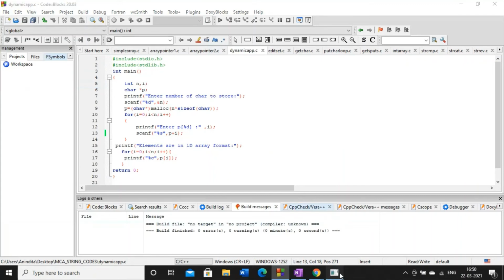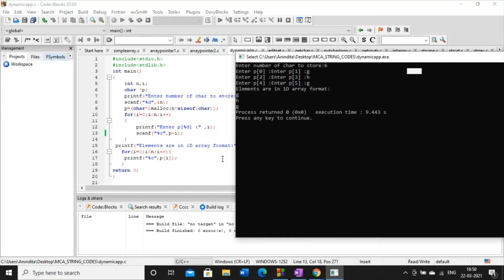So what happened to this code? This is a classical example of malloc. First point, the malloc function is defined in stdlib. And the malloc function has two parts. The first part is used for typecasting so that it matches with the pointer. And the second part is used to decide the size of the memory chunk, right? And the rest of the part, how to take input and how to display the output, is typically the same as an array.